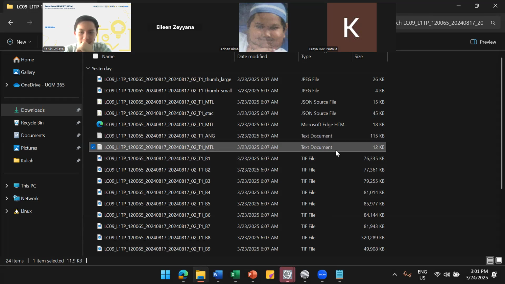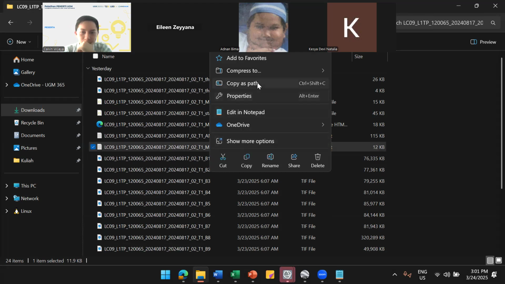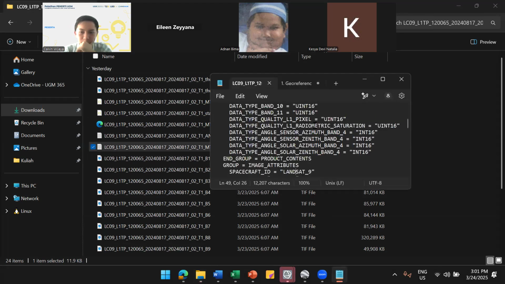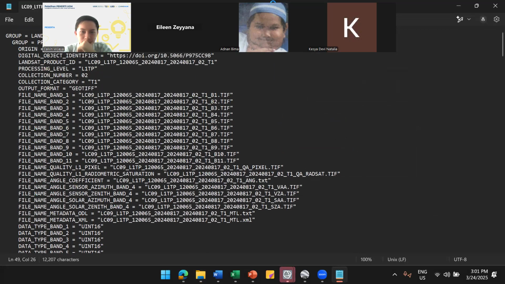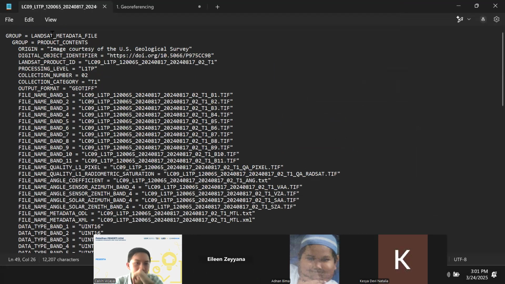Ensure that it has text document format. Open it with Notepad or Notepad++. And then in the first line, change Landsat into L1, like this. Okay, from Landsat to L1.